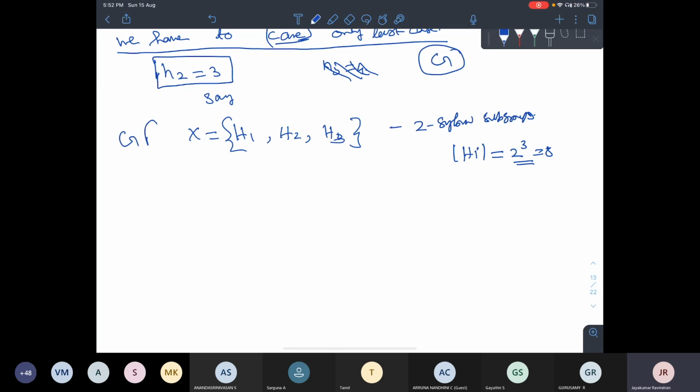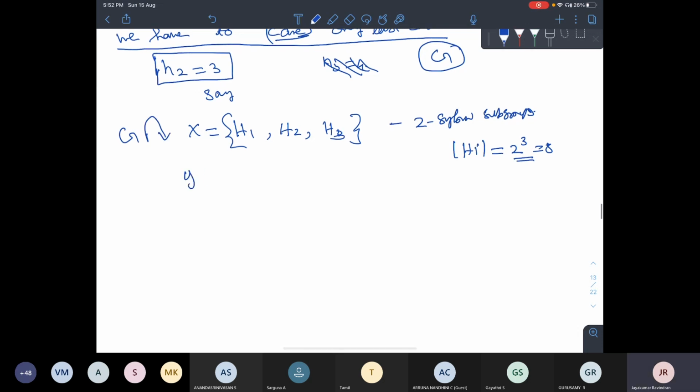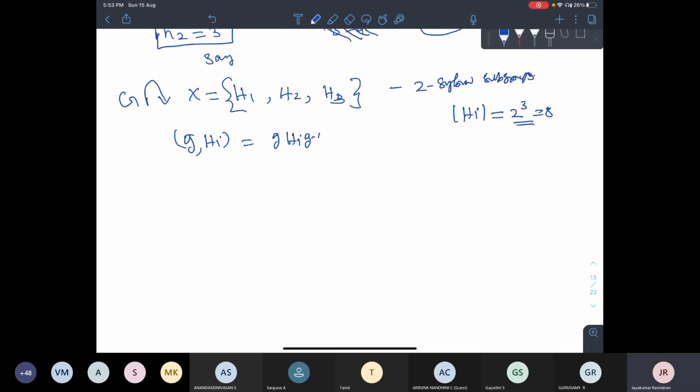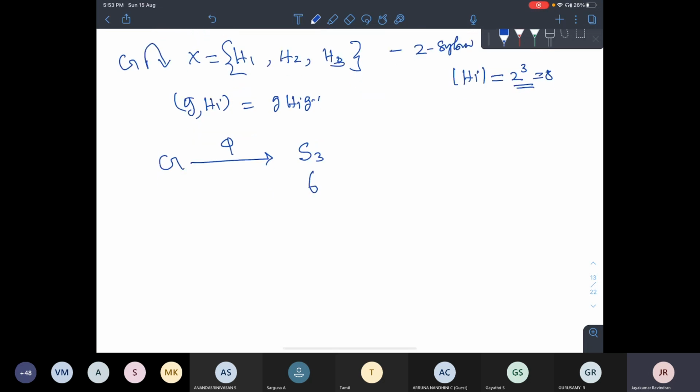Now I am acting G on here. How? g times x times g inverse. Okay, and we have checked in general, this is a group action. Immediately, whenever I give a group action, I know there is a map from G to S3, in our case, S3. Again, this side is 6, this side is 24. Observation: it cannot be injective, right? Why? It's the same reason. This side is 3 factorial, this side is 24. Cannot be injective.